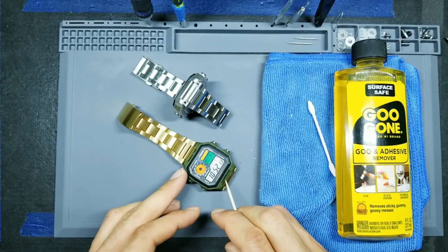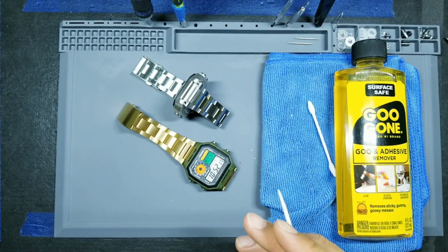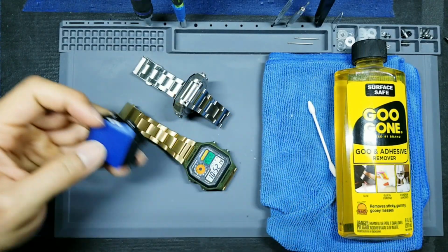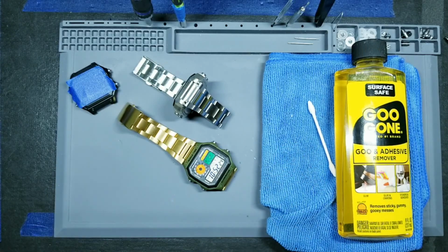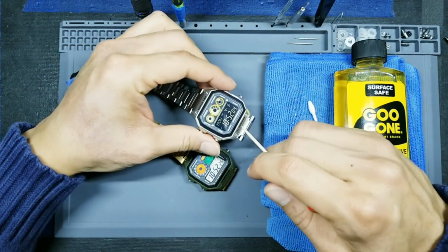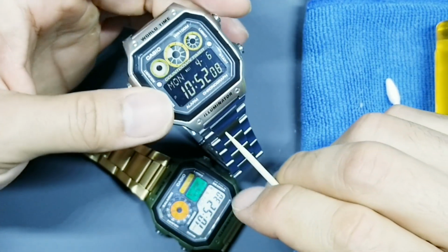For example, we have another AE 1200 here in green. You can get an AE 1200 in black. I believe you can even get them in red or blue. So many different colors. In my opinion, removing the lettering as you can see here, the World Time and Illuminator,